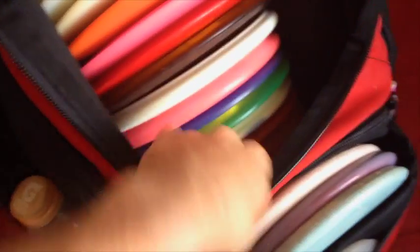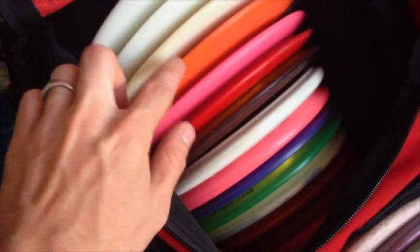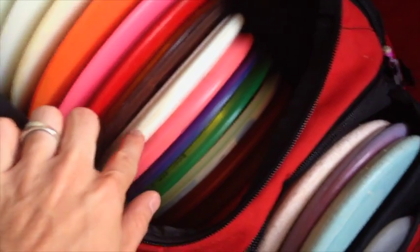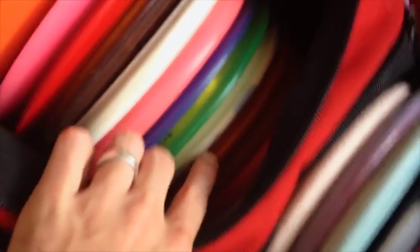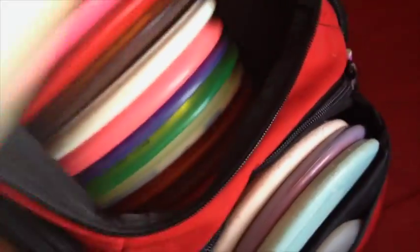So, as I mentioned before, the main compartment is all vertical. Right now for vertical storage, I've got 1, 2, 3, 4, 5, 6, 7, 8, 9, 10, 11, 12, 13, 14, 15. I think I've got 16 in the main compartment, because that's all that I really need in the main compartment. But if you take all of these out,